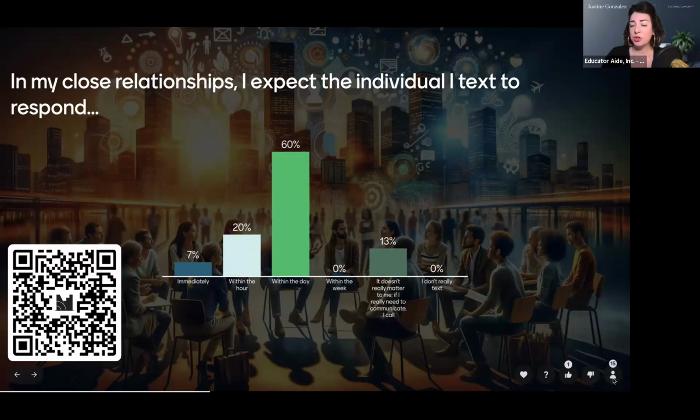And then you notice too, it's showing you in real time. If people are thumbs upping, you can choose different engagements for people to interact. So what this does for me as an advisor is it lets me know who's in the room, especially if it's a crowd I'm not used to working with. Most of my experiences have been in more workshop style. This is also just fun, depending on the specific topic, to highlight that we all have different communication norms. So even in our space here, you see that you have an array of how we expect others to communicate with us. So a fun way to highlight that in real time.